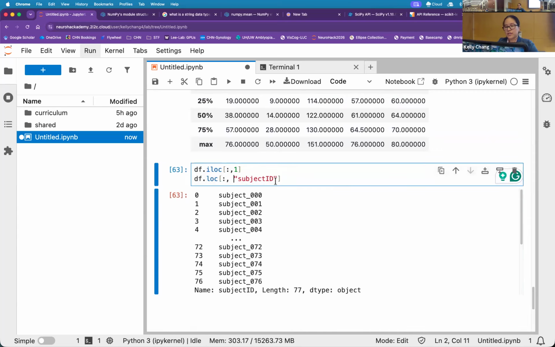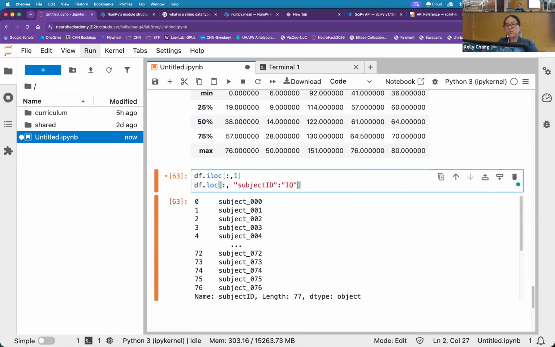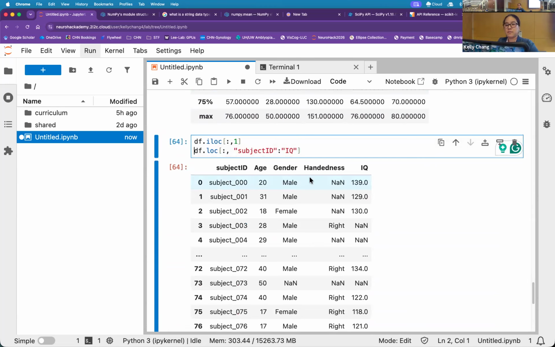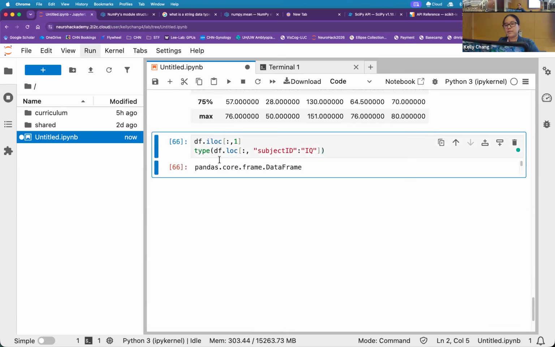And so you can do fun things like this with the column names by header. Let's just go all the way from subject ID to IQ. Note the syntax is with the colon, similar to how we do the index localizing, but because we're using a pandas data frame, it understands that we're trying to go from named column to named column right there. And what you're returning, please keep in mind, is not the actual numbers. It's sort of implied by the print, but you're getting back type pandas core frame dot data frame.